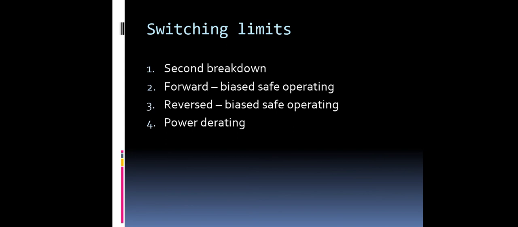Third is the reverse bias safe operating area. It is the turn-off condition of transistors. High current and high voltage must be handled by the transistor. In this case, the base level of the collector current is 0. The manufacturers provide limits during the reverse bias turn-off, and the turn-off conditions.